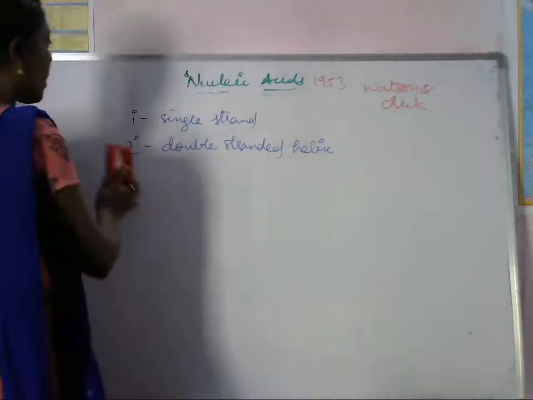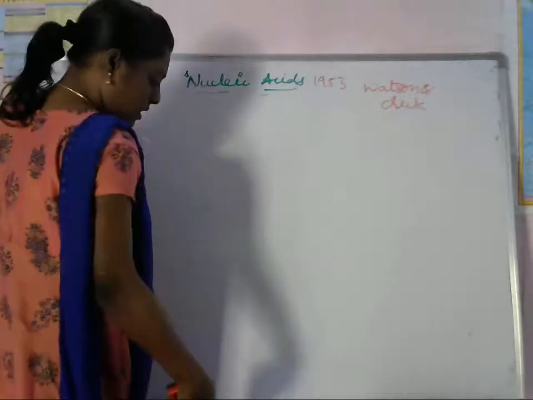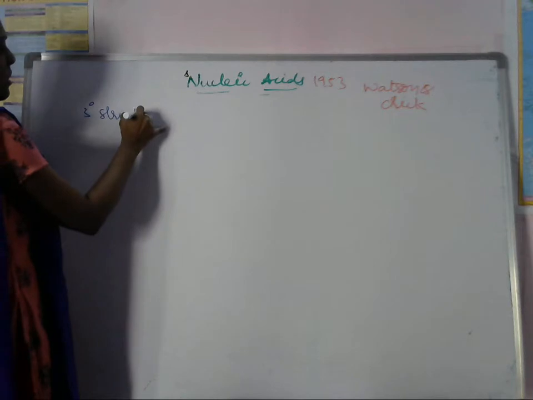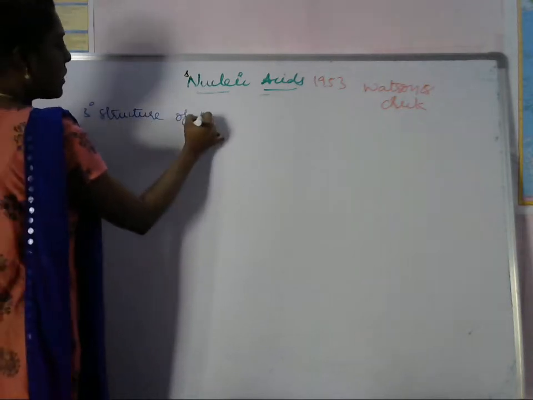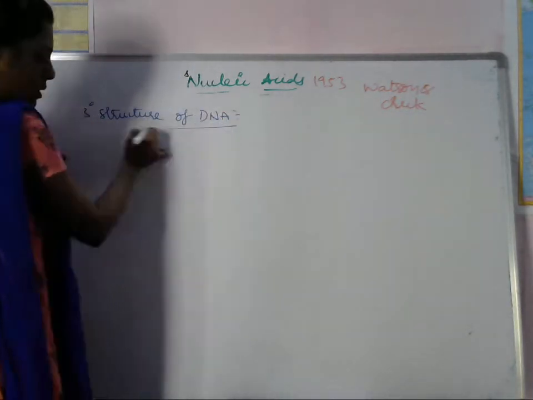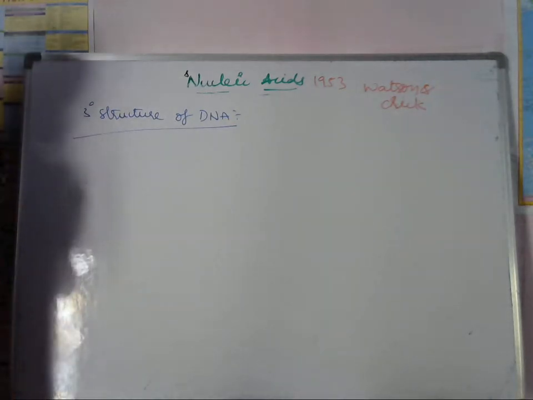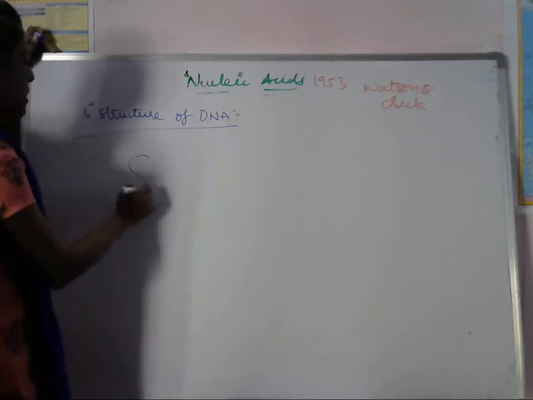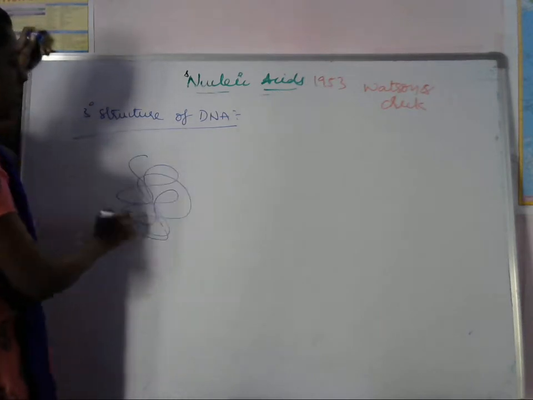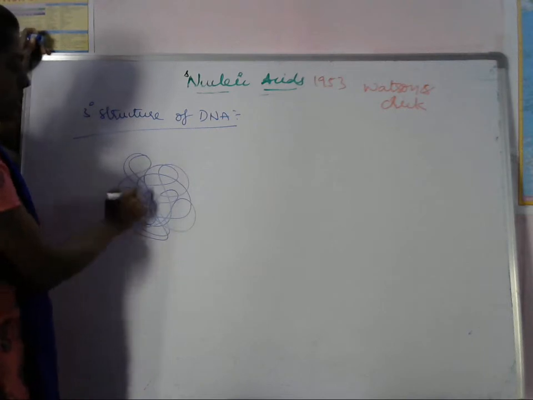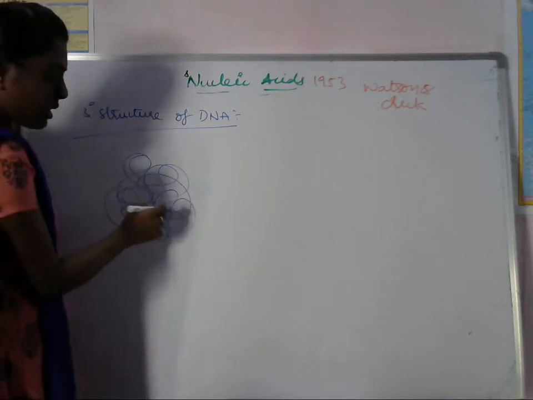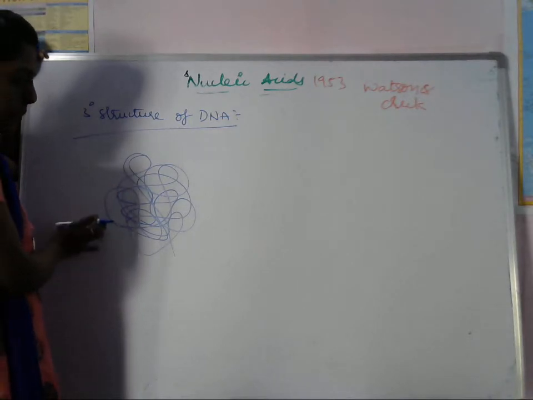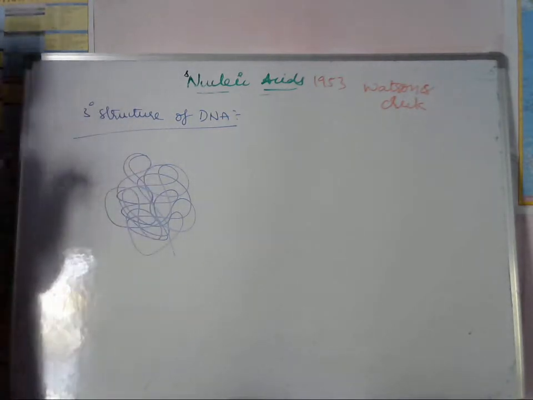It's just a simple one. Here the tertiary structure is nothing but the tertiary structure of DNA. This double helical structure undergoes supercoiling. Supercoiling appears as a mass lump. These are coiled like this, so that's why it looks like a lump. So this is about the tertiary structure of DNA.